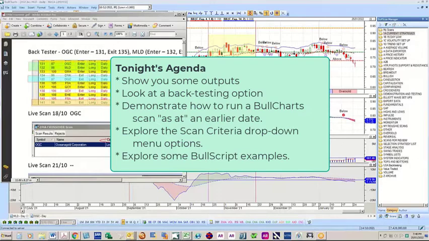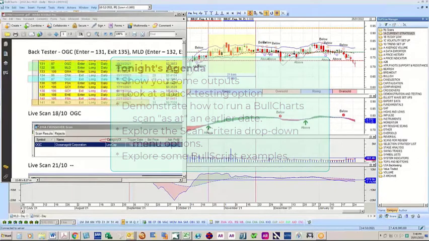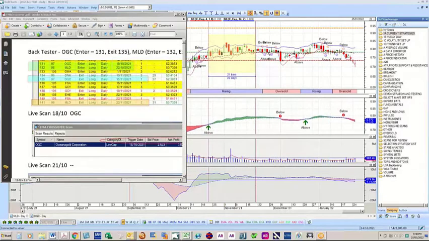I was then going to dive into the criteria and the way I've set that up in the scan, and really focus on the preset criteria that can be dragged down through the pick lists, and then just a couple of the elements where I've written some BullScript. Again, I wouldn't purport to be an expert on BullScript, but I've got a reasonable handle on it. I do make mistakes, and particularly have to be careful of that in the back testing.